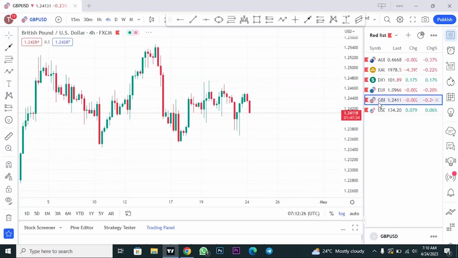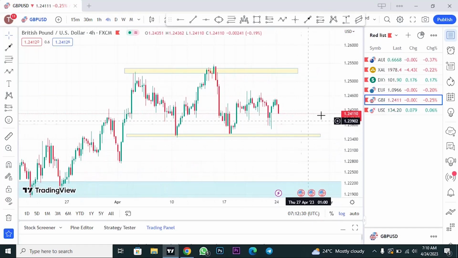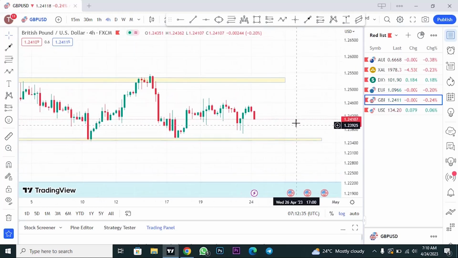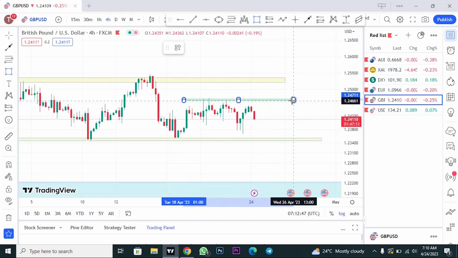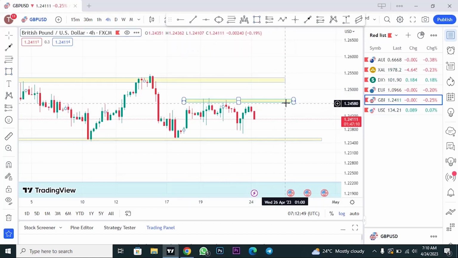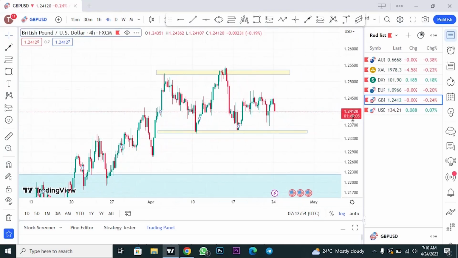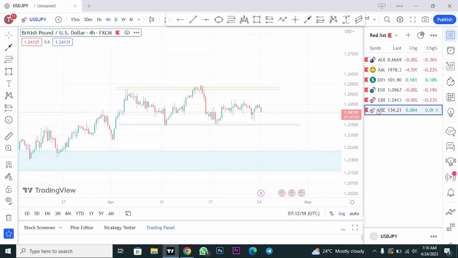And then GBP USD, GBP USD has been in consolidation for a while now. So I can draw this zone right here too. I don't think it's cool for me to draw a zone right here. Now with GBP USD, I'm actually not seeing any nice setup on GBP USD. Let's move on to